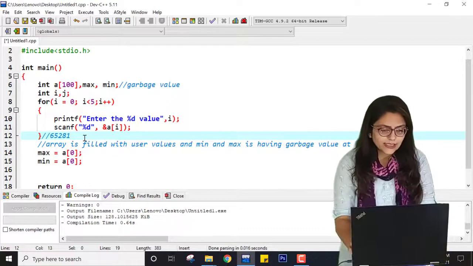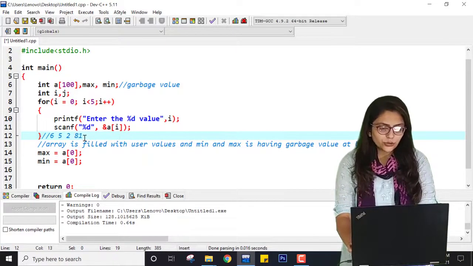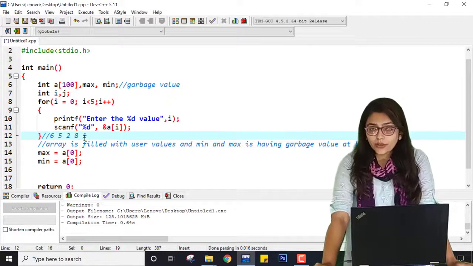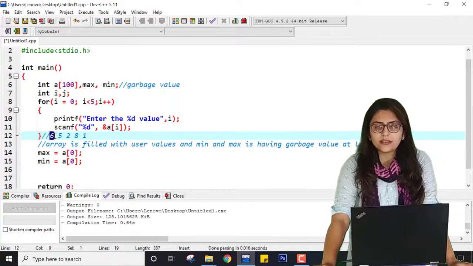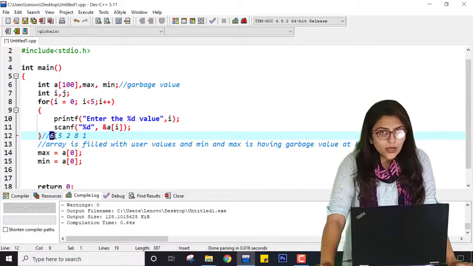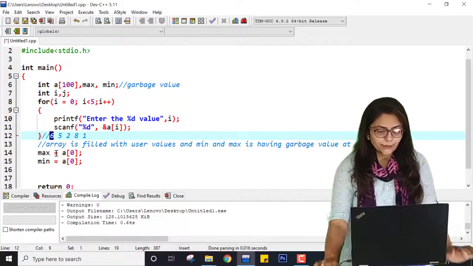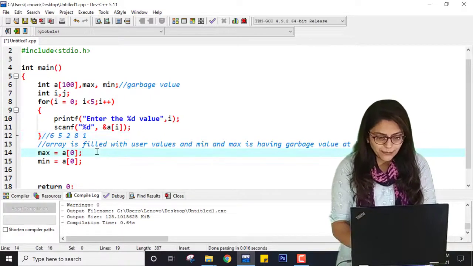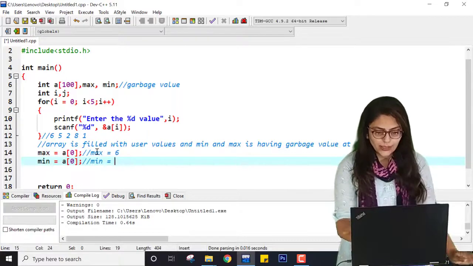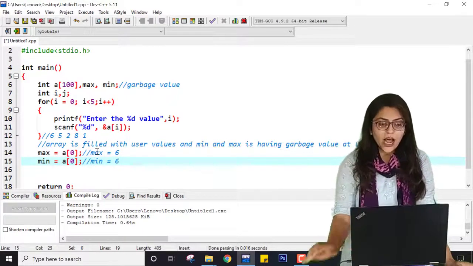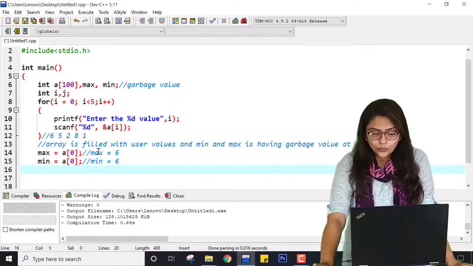But I don't know what the user is going to enter, so I am just assuming that maybe this 6 is the largest and this 6 is the smallest value. So right now max is equal to 6 and min is equal to 6 as well.